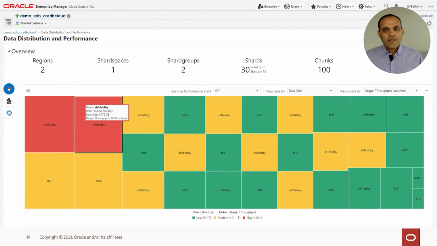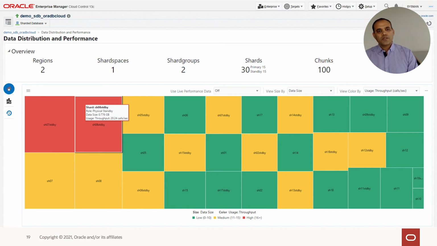Enterprise Manager 13 has very rich support for sharding, for visualization, alerts, notification, and many other use cases. In this screenshot, I'm showing that we have 2 regions, multiple shard groups, 30 shards, 15 of them primary, 15 standbys, the chunks and the services.